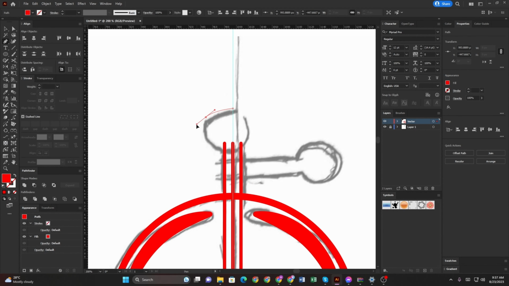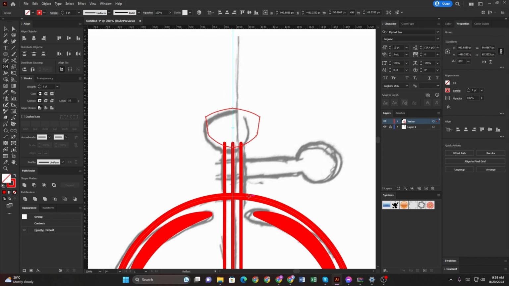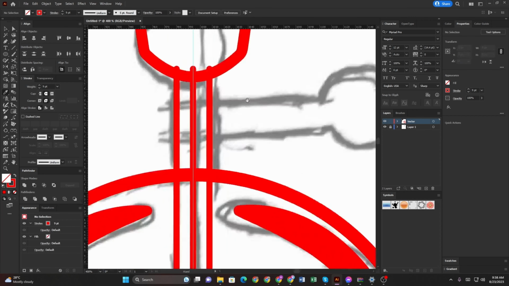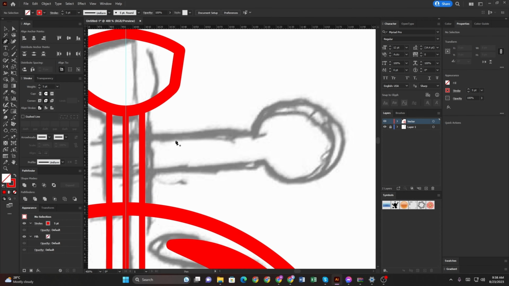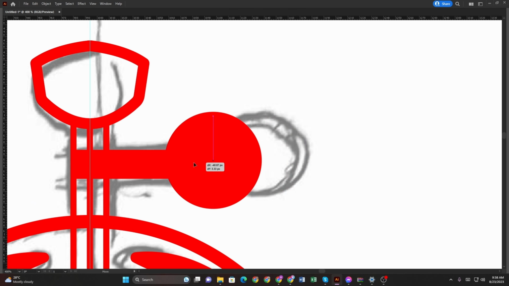Now draw. Then select a rectangle shape and select a circle.